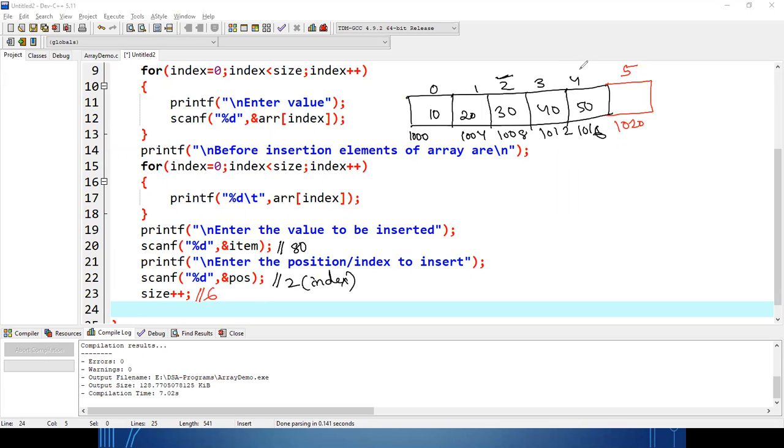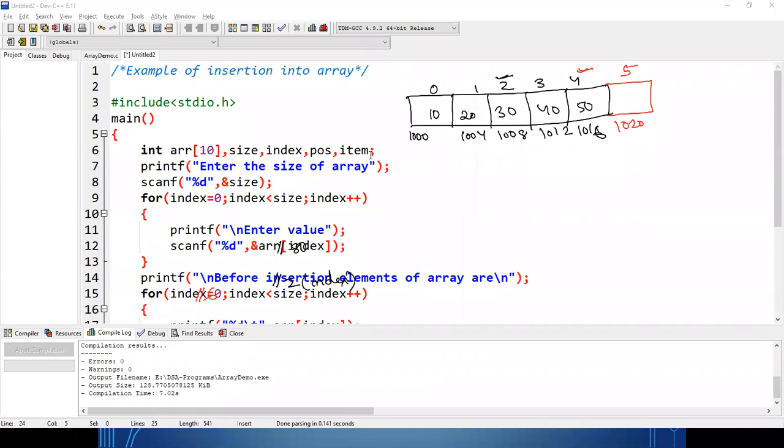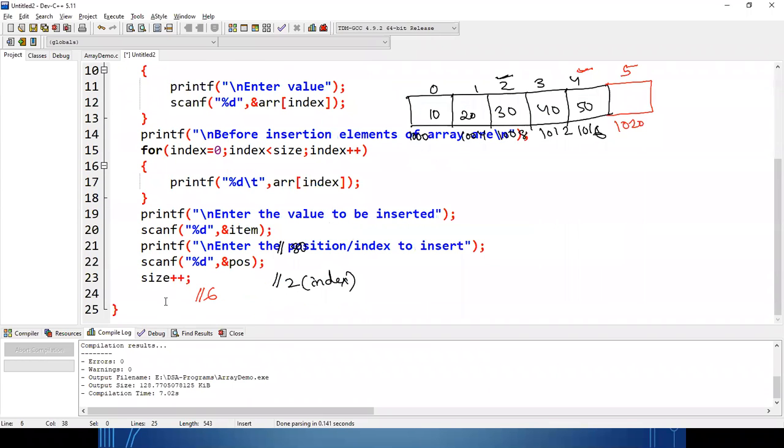So I'll start from the 4th index. Let us write that down. One variable I have taken is j. Clear? Then let me erase this one so that we can write clearly.